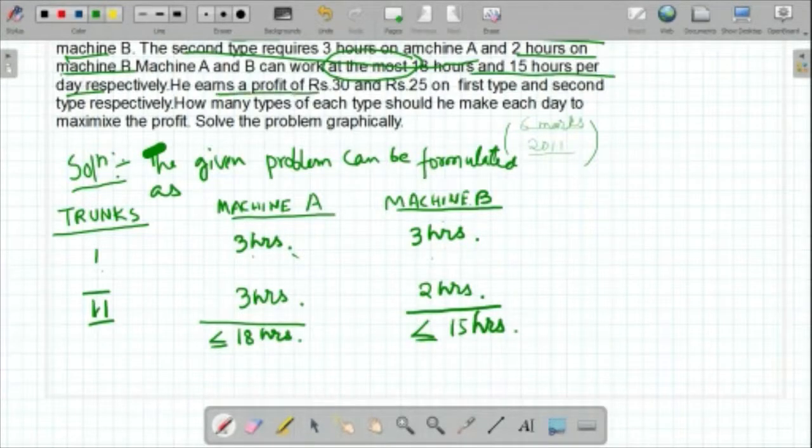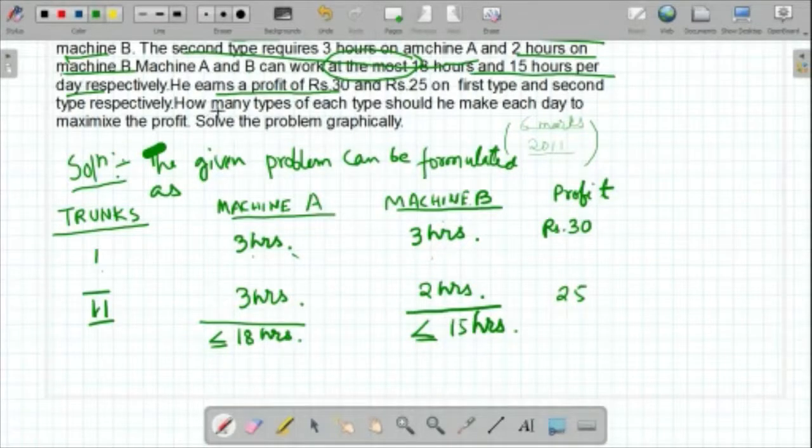Next is he earns a profit of rupees 30. So write down the profit. Okay, rupees 30. Rupees 30. And the other then how much? 25. Okay. Now